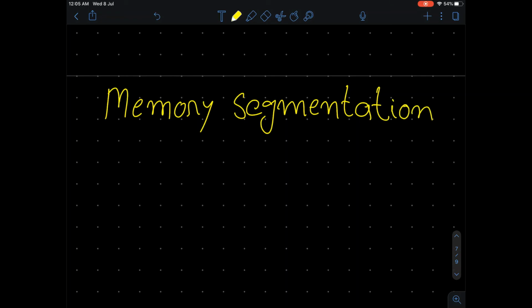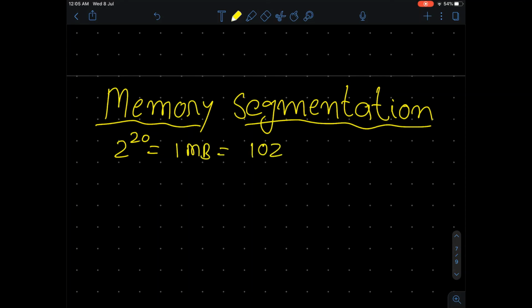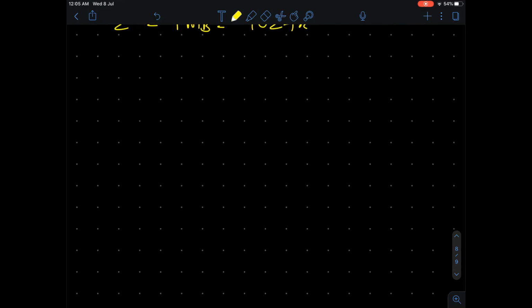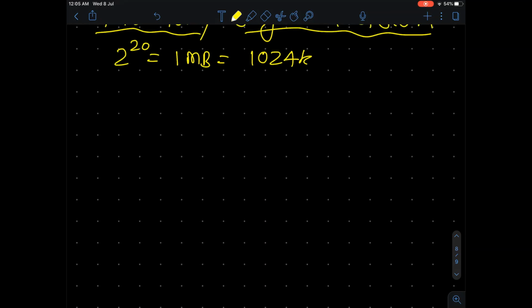As we are already aware, the total memory accessed by 8086 is 2 raised to the power 20, which equals 1 MB, that is 1024K. Now this total memory of 8086 is divided